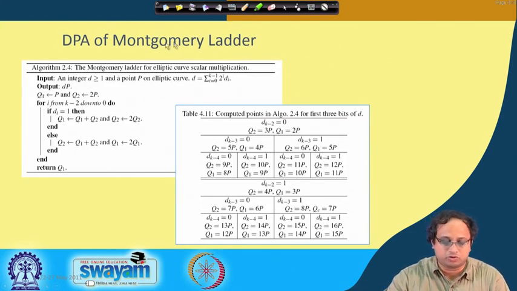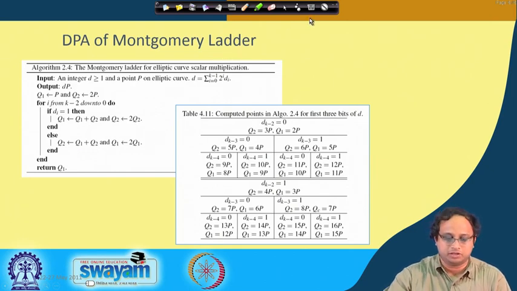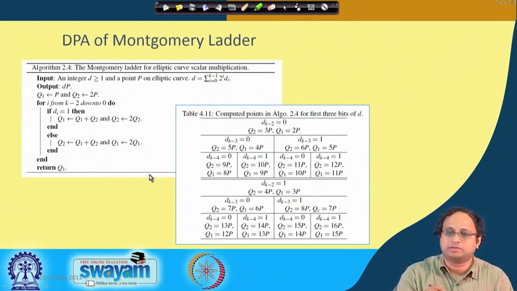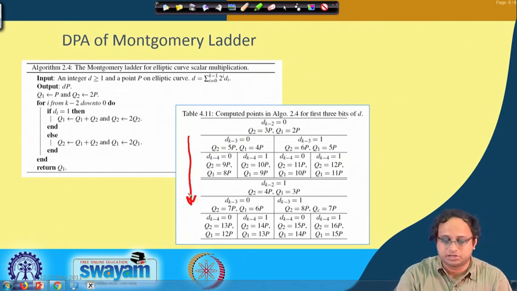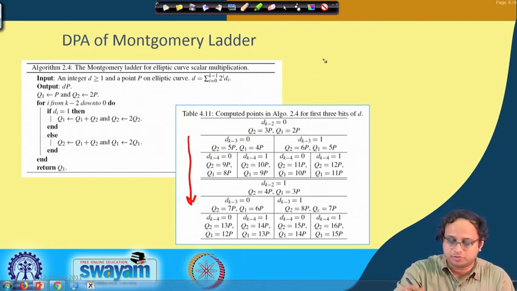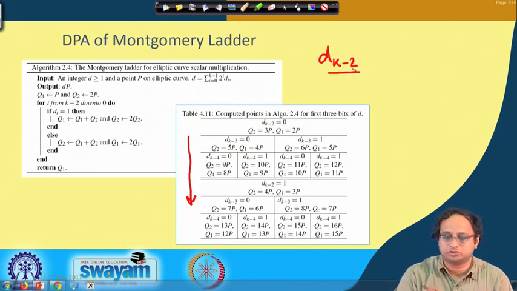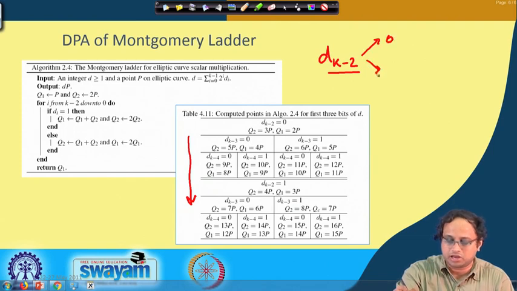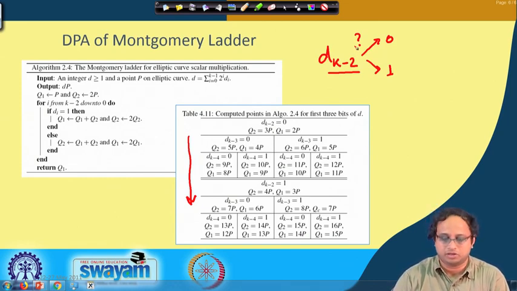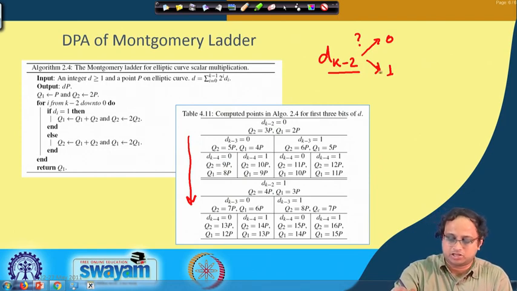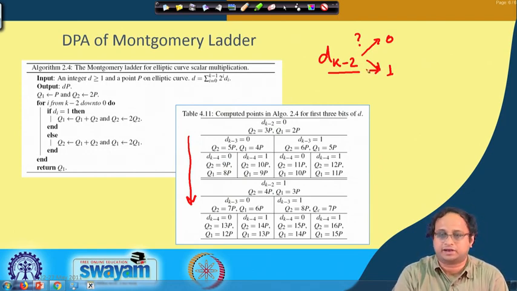So if I want to do a DPA on the Montgomery ladder, for example, then I look back at the Montgomery structure and try to find out how the Montgomery ladder evolves depending upon my key bits. So I start with my key bit d_{k-2} because that is the first key bit that I need to find out. This key bit can be either 0 or 1. If I am not given any side channel trace, then I have no clue whether it is a 0 or a 1, because the algorithm is nicely shielding this fact